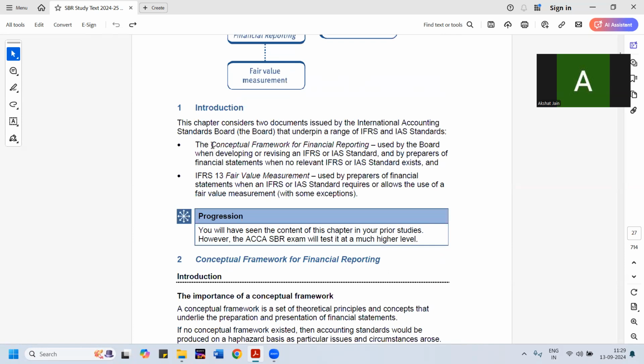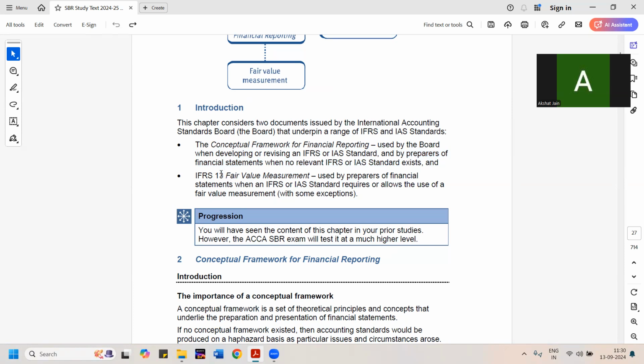The conceptual framework is nothing but a layout or a basic blueprint for financial reporting. It has two major components to it. So, the conceptual framework for financial reporting is used by the board when developing or revising an IFRS or IAS standard, and by the preparers of the financial statements when no relevant IFRS or IAS standard exists for a problem. And